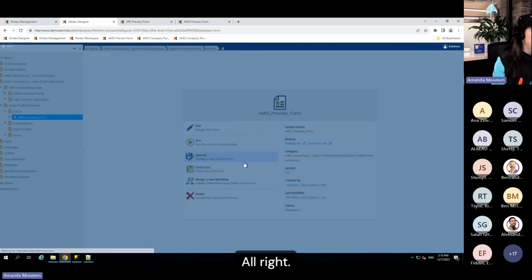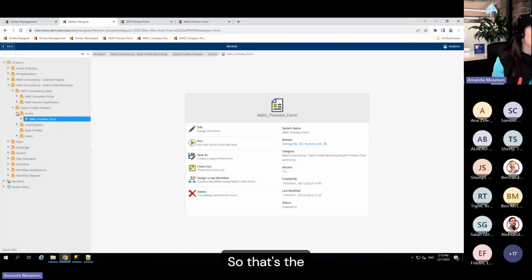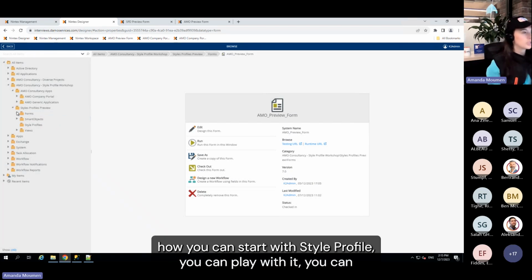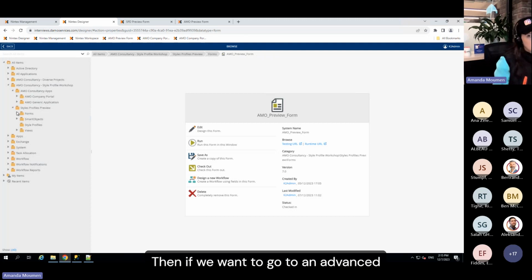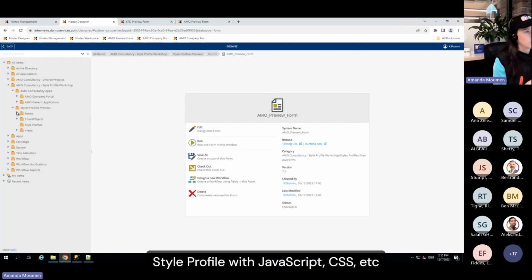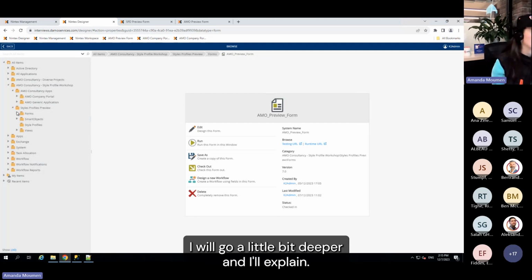All right. So that's how you can start with a style profile. You can play with it. You can then see how it impacts elements. Then if we want to go to an advanced style profile with JavaScript, CSS, etc., we'll go a little bit deeper, and I'll explain